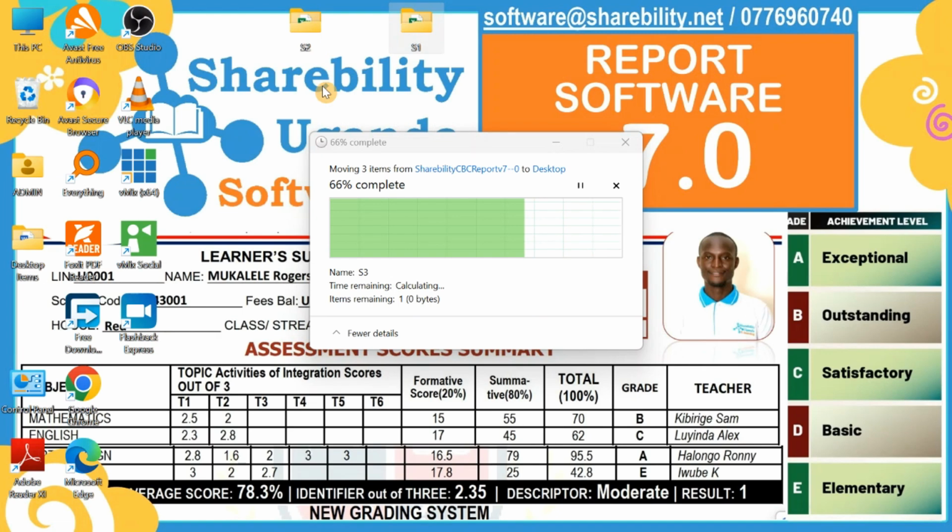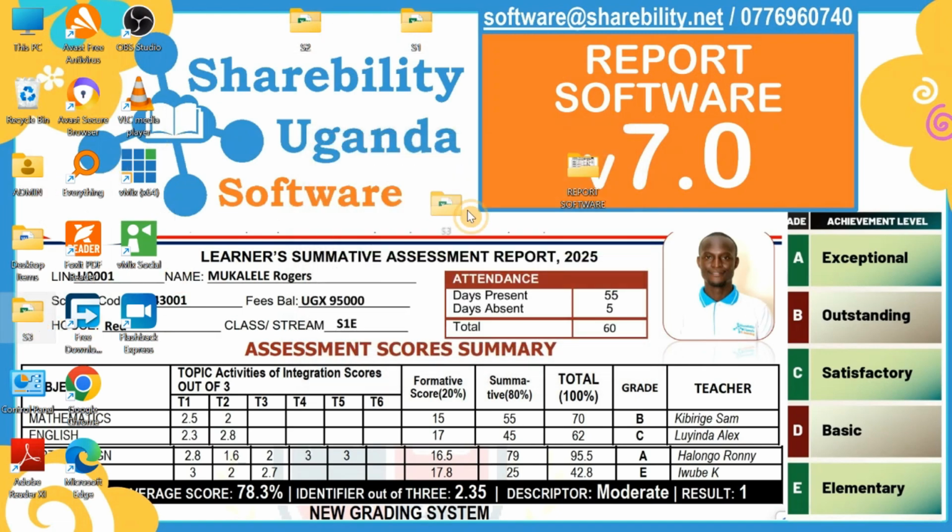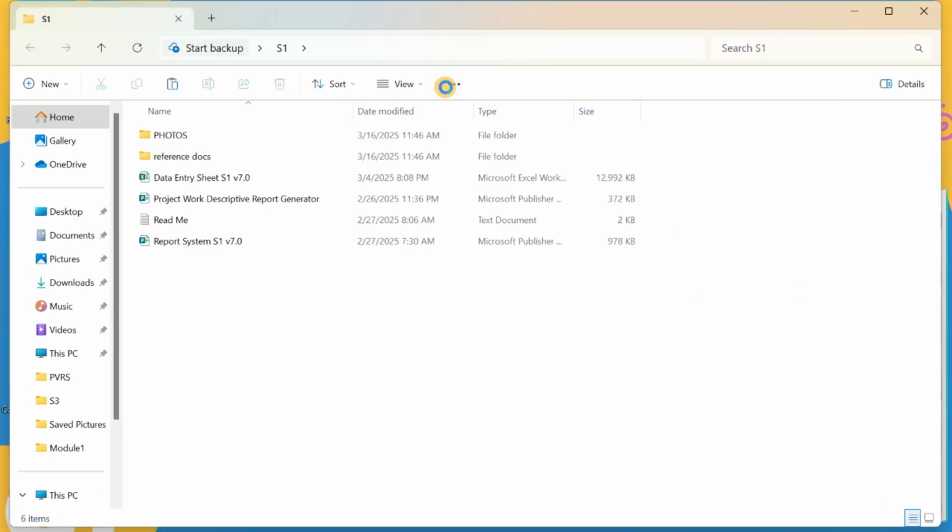your folder. Senior 2 teachers, that is your folder. Senior 3 teachers, that's your folder. So when they come, you can just open their folder, where they will enter their scores and reports will be there. You can also decide to put another folder on another computer. If you have more than one computer, you can put each class on its own computer to reduce congestion on